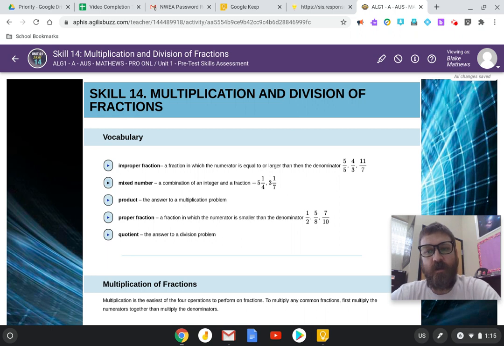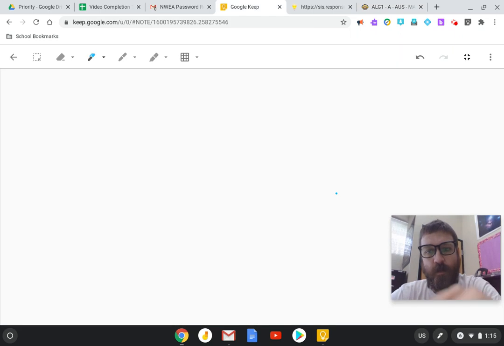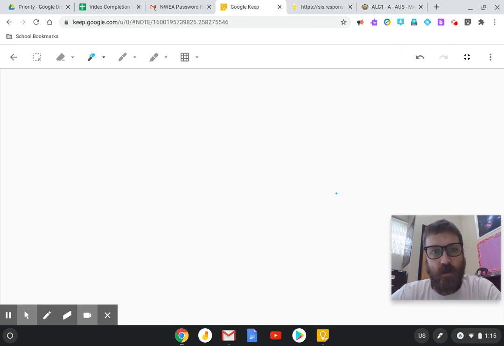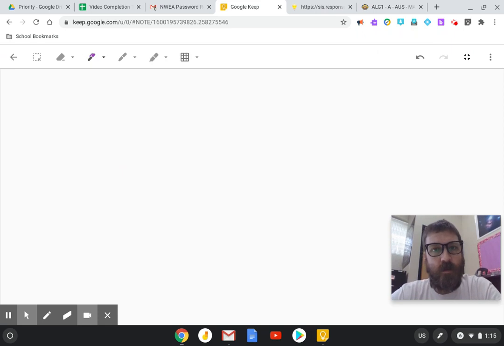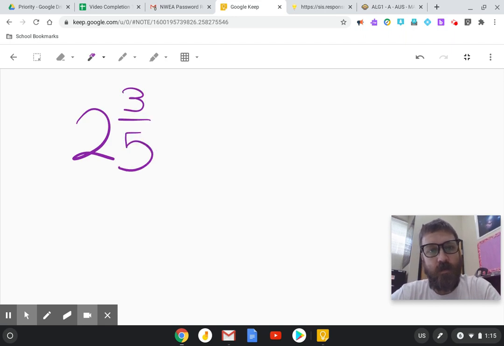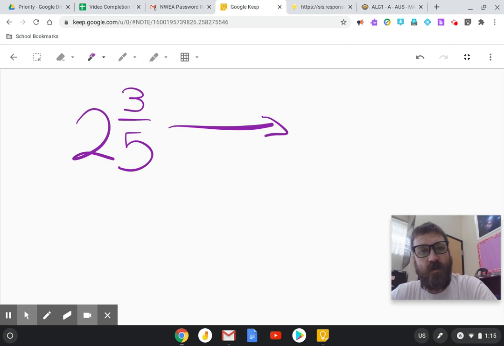And there's two main concepts, or maybe three main concepts in this lesson. The first one we need to talk about before we get into the second two is about mixed numbers. So a mixed number is like this. It's a number that is made up of a whole number with a fraction. So this is 2 3/5. And we need to be able to convert this mixed number